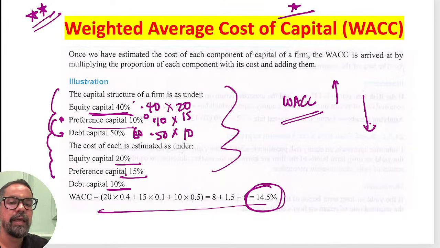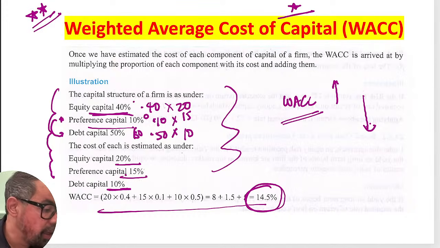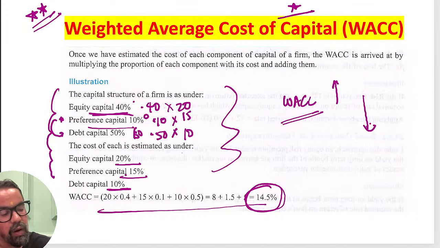Okay, Harshal sir is saying decrease. Other people, guys, what happened? If debt is increased, then the weighted average cost of capital will always decrease, because when it comes to the overall areas, the cost of debt is always lower than the cost of equity. So that is something generally part of this particular one.